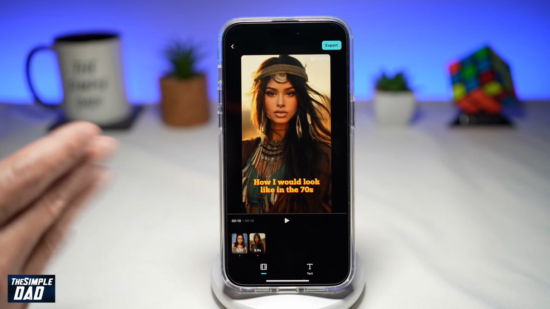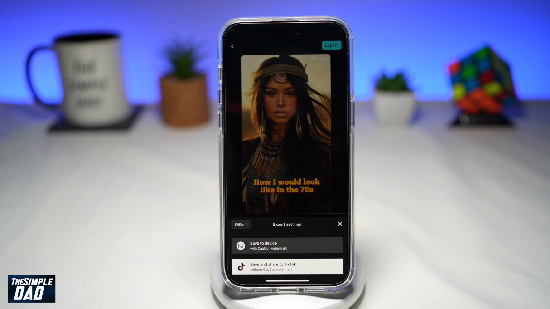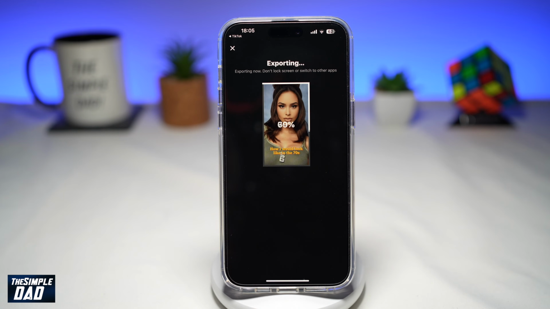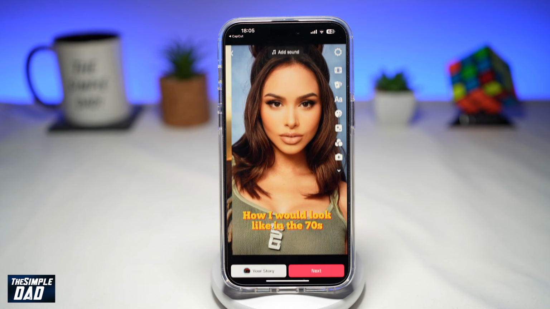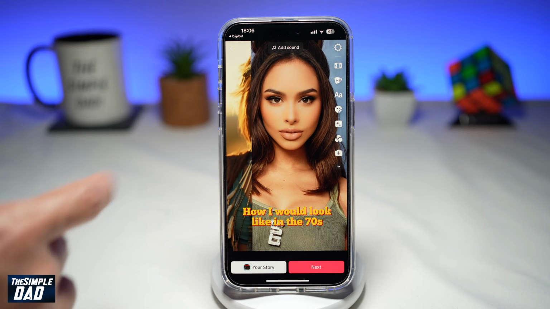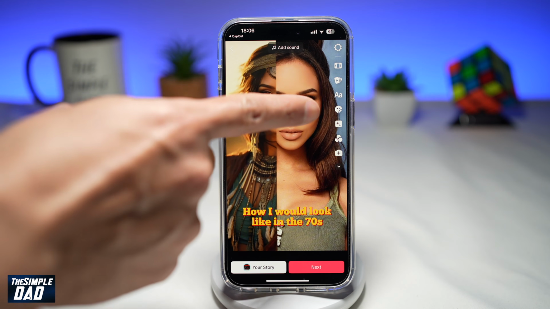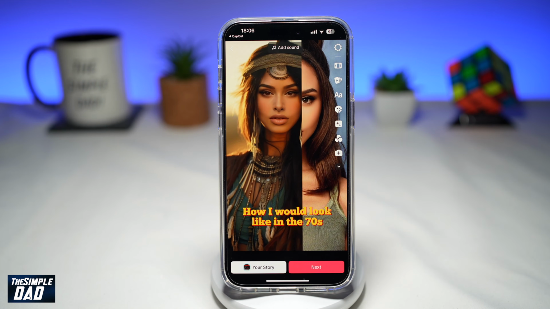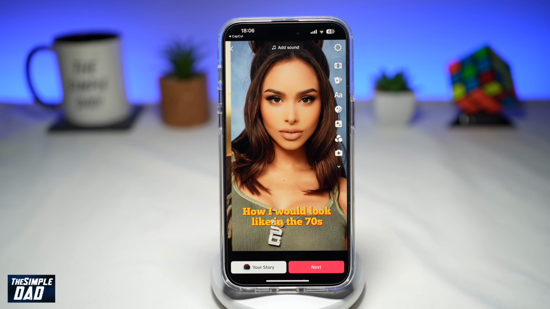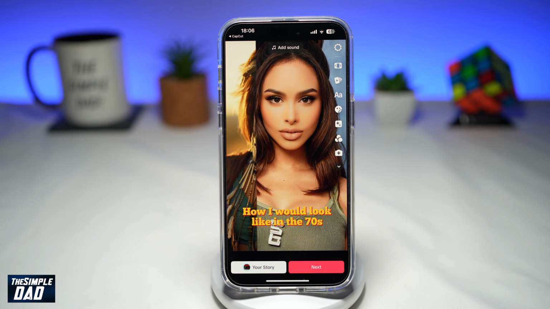Now if you're happy with the result, go ahead and tap on Export here at the top right, then tap on Save and Share to TikTok. This will export the video and send it over to TikTok. Since you're using a template, the music has already been added to this video. The only thing you need to do is add your text, stickers, or any effects, and then post this video to TikTok. So there you go, that is how to create how I would look like in the 70s video